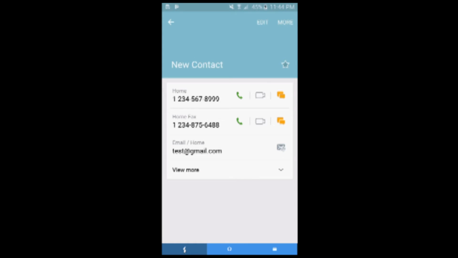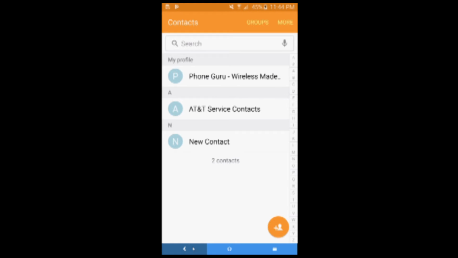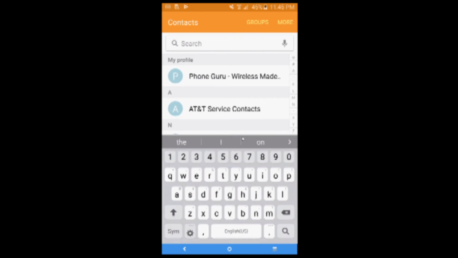So if we go ahead and hit the back arrows, which are usually on the bottom left of our screen for Android devices, it will take you back to your main contact list. Now you see they are sorted in alphabetical order. Some phones have the alphabet on the right hand side, so you can scroll through like a Rolodex, or you are more than welcome to type in the search bar and then go ahead and start typing in that contact's